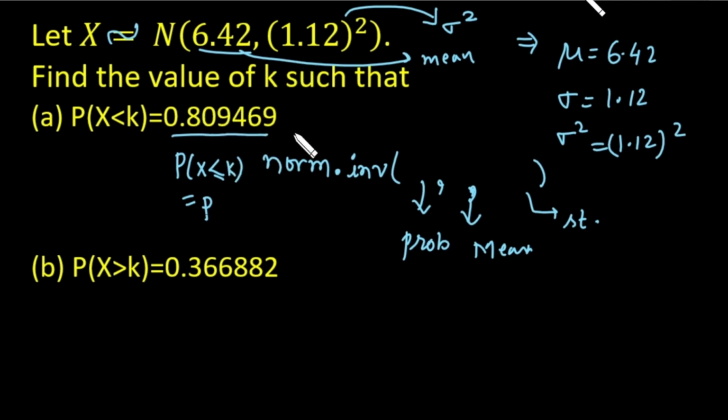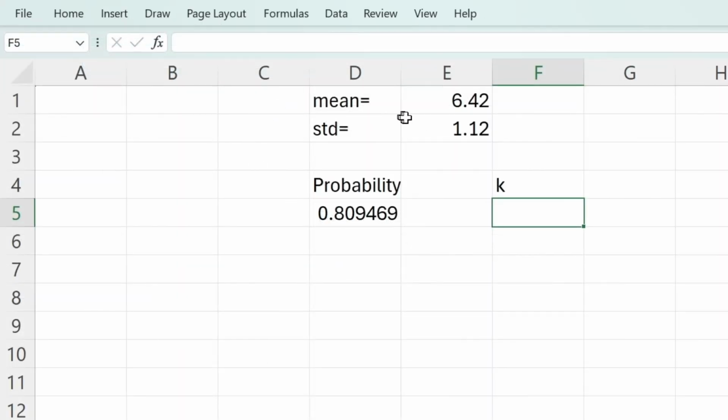So very first we will store this value in Excel. So according to the question, mean is given as 6.42, standard deviation as 1.12. So I have separately stored these values in the E column, in E1 and E2. Now we need to find the value of k when the probability is equal to this and the random variable is less than k. So in that case, write the formula in an empty cell is equal to